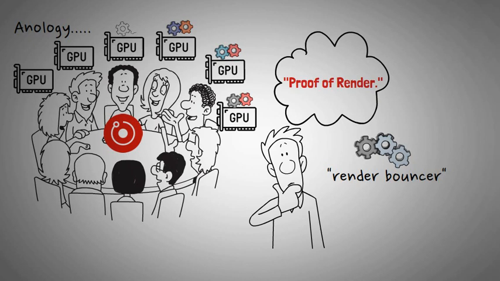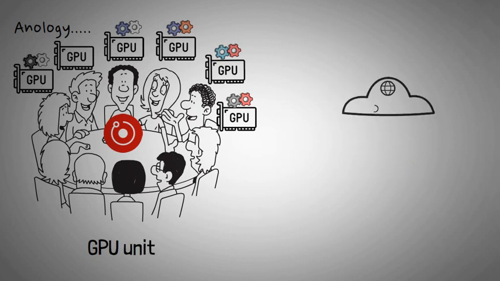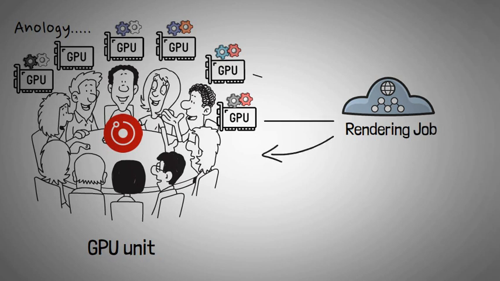They bring their own unique set of skills represented by their GPU power. Think of each guest as a GPU unit capable of performing rendering tasks. Now, when a rendering job needs to be done, you announce it to the guests. They all compete to prove that they have the best and fastest rendering capabilities. It's like a friendly competition among friends to see who can complete the task the quickest and with the highest